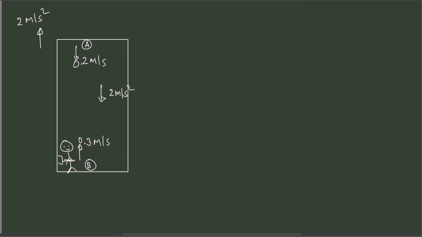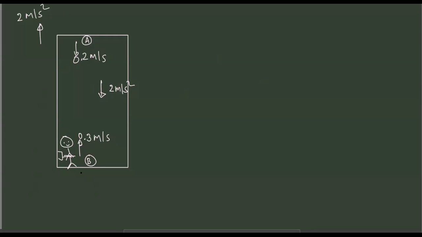Anything dropped is going to have an acceleration of 2 meter per second square relative to the rocket. I want to make sure that you understand this idea. Are you okay with the idea that I can treat this chamber as some artificial space where the acceleration due to gravity, if I call it gravity, the acceleration experienced by any freely falling object is 2 meter per second square in the downward direction? Is that okay? Yes.